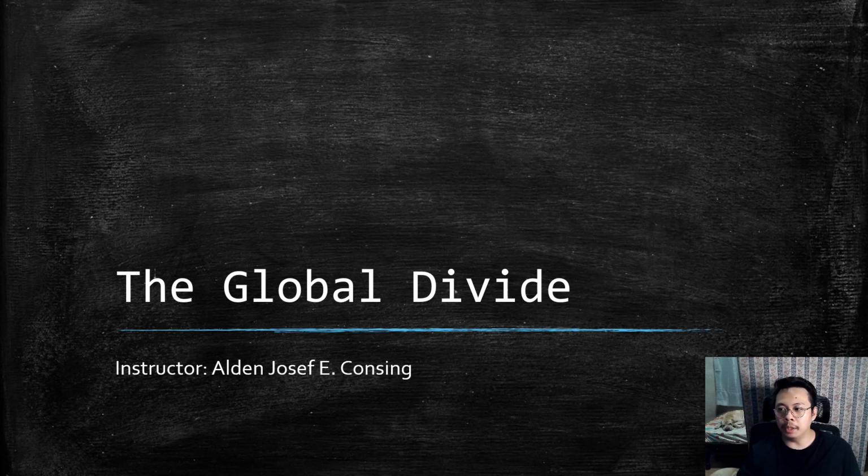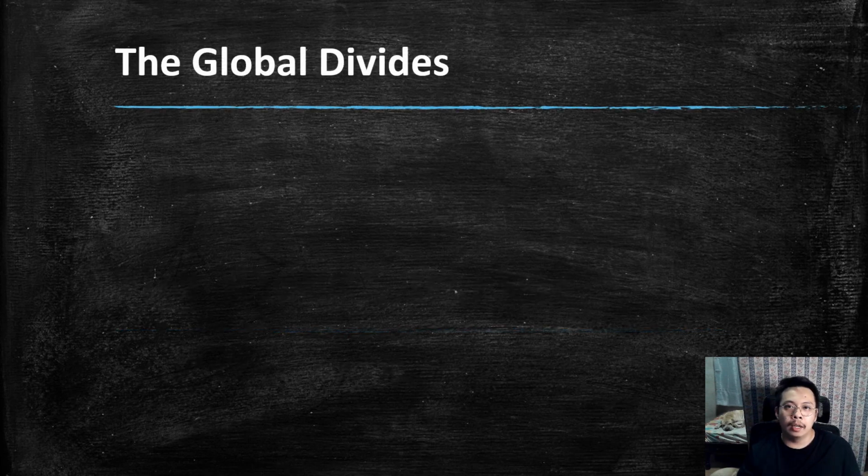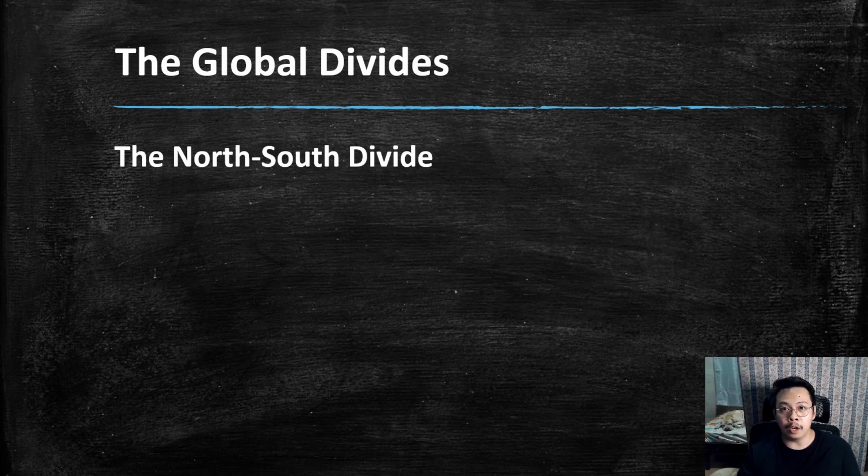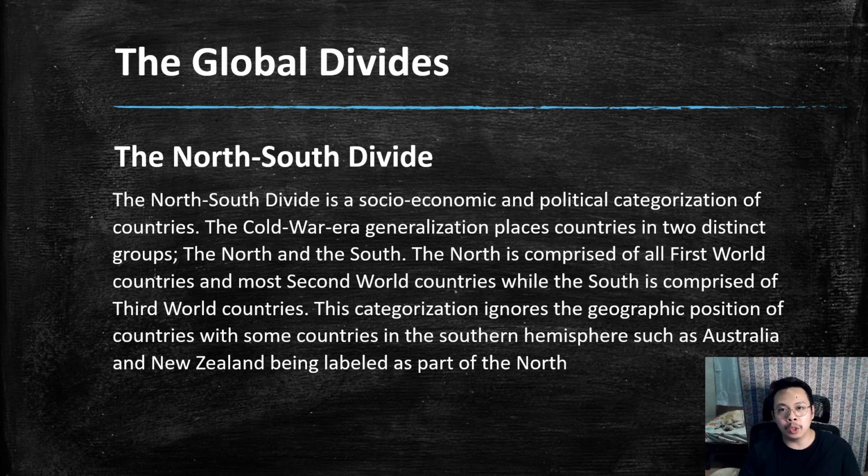So what is the global divide? The world is basically divided into two, the North-South divide. The North-South divide is a socio-economic and political categorization of countries. The Cold War era generalization places countries into two distinct groups, the North and the South. The North is comprised of all first world countries and most second world countries, while the South is comprised of